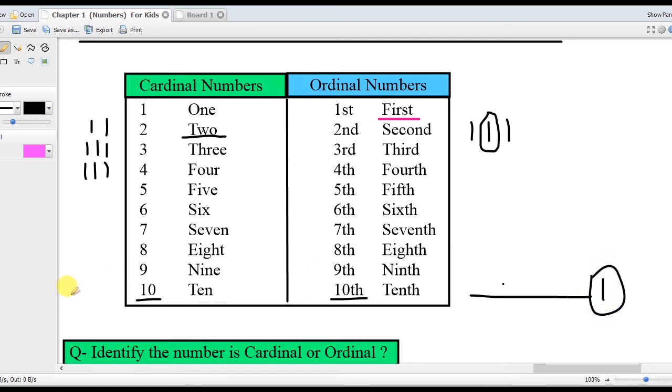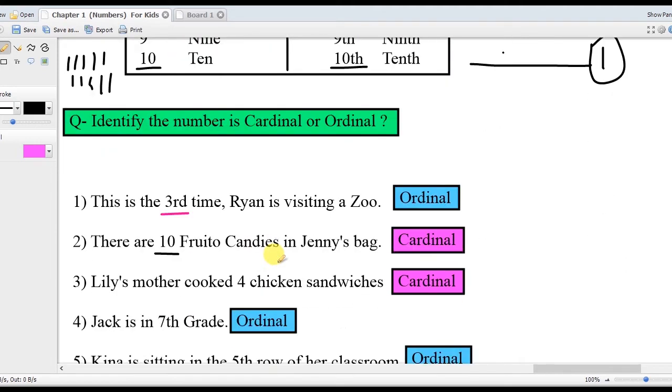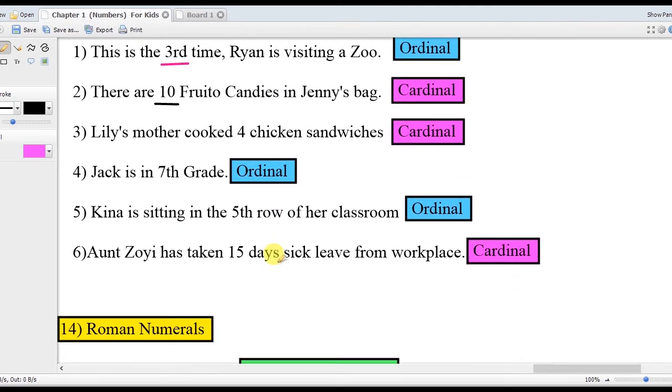Over here they're talking about all of those 10 members: 1, 2, 3, 4, 5, 6, 7, 8, 9, and 10. Got it? I hope you got the concept. So here comes to an end of this concept. Let's move on to the next concept,